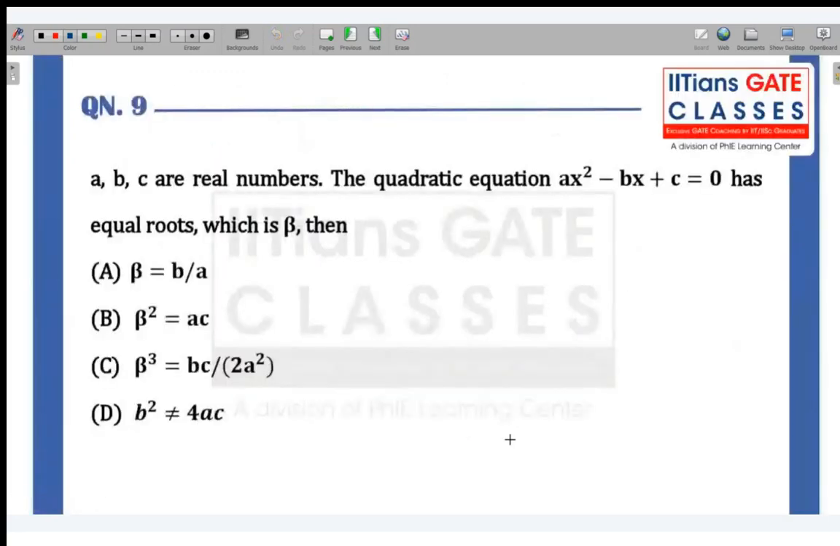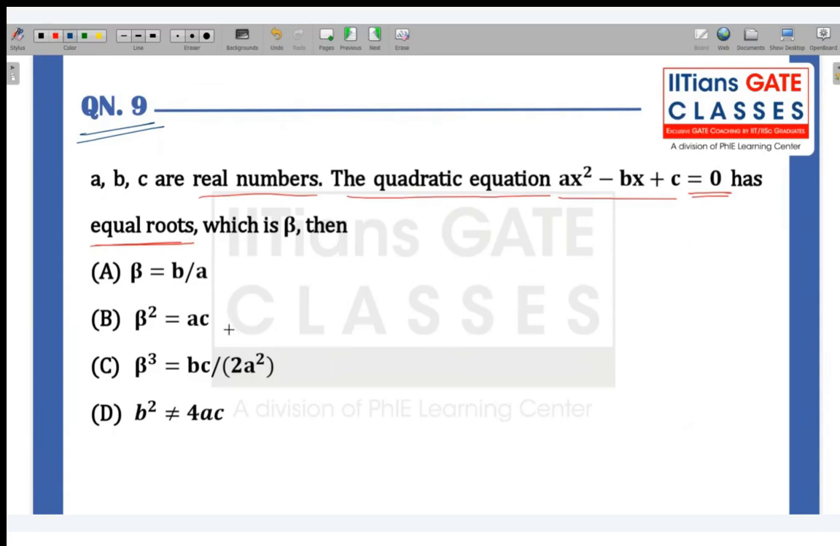So I think this question seems very easy, and this kind of question we have discussed in the session as well. So a, b, c are real numbers, okay? And this topic is again a hot topic, that is quadratic equation, which you have studied in high school. The equation ax square minus bx plus c equal to 0 has equal roots. The moment you see equal roots, that is my suggestion,